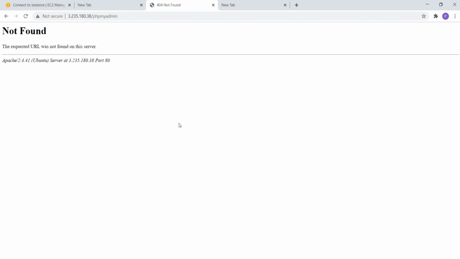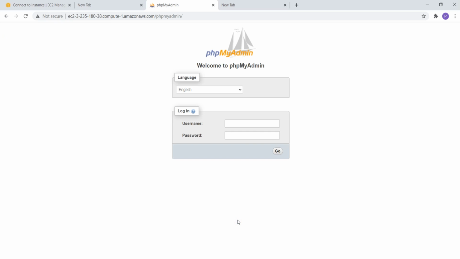Just check your server connection if you are getting this error. If you are still seeing the error, just refresh your server. It will clear your issues. So log in with your root user and the password that you have created already while installing phpMyAdmin.